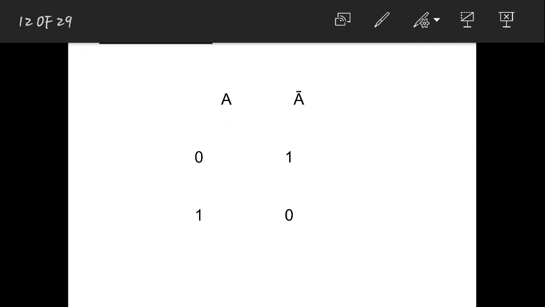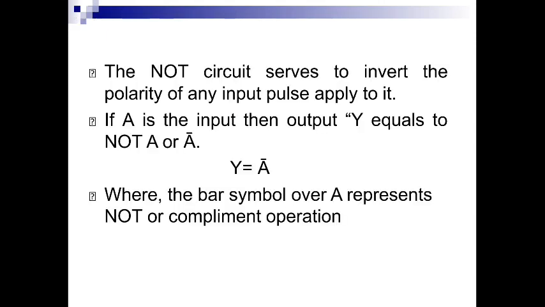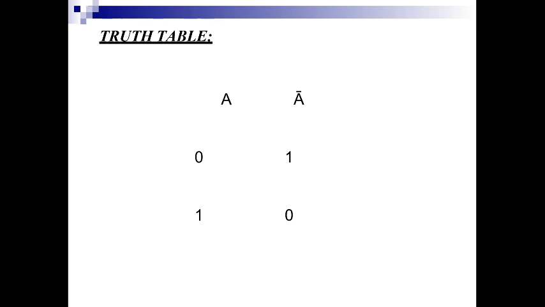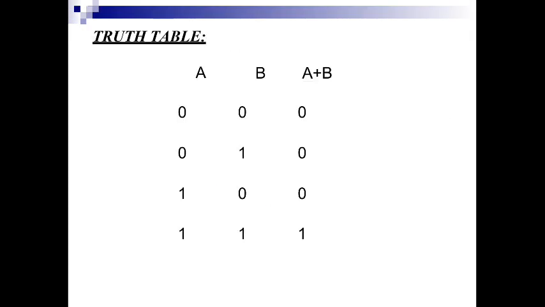Now, before going to other logical gates, we will see only the NOT gate. So, we now know what a NOT gate is. When you give 0, you should get 1. When you give 1, you should get 0. This is the main definition. Now, we will go to the OR gate once again.